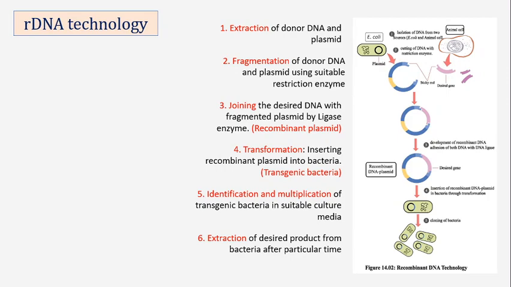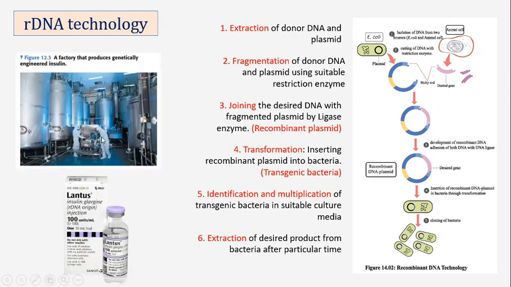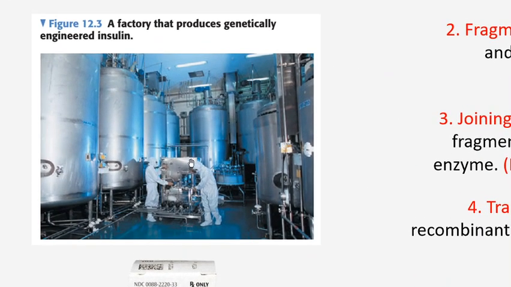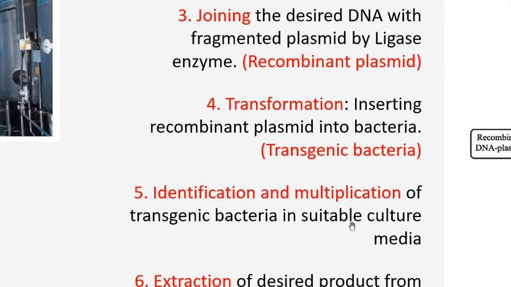So we see that there is a tank here and this tank produces genetically engineered insulin. These tanks are called fermenter tanks. Inside, the transformed insulin-bearing bacteria are cultured, and they are kept in these fermenters for several weeks or months long. And after a specific time period, when a good amount of insulin hormone is produced, then